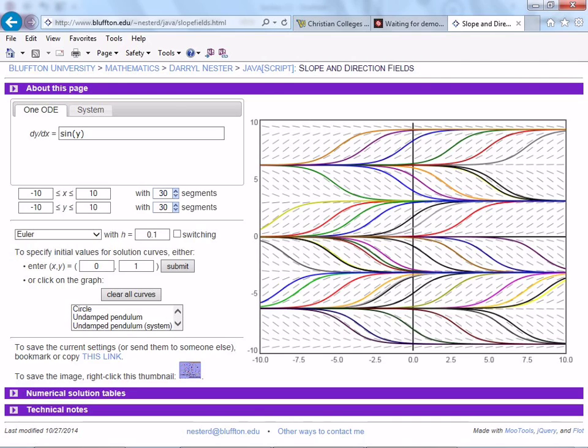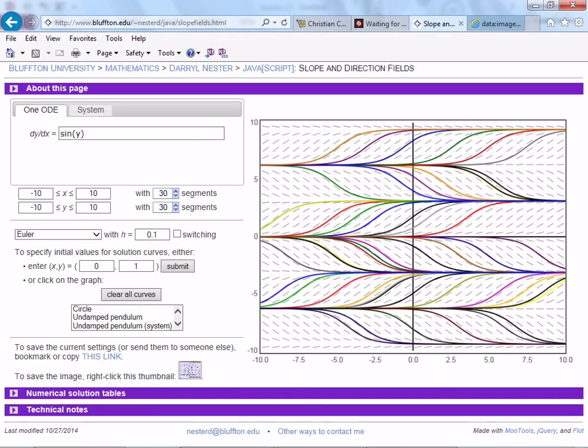Say you wanted to copy and paste this into a document as you're working on your projects. Maybe one of the parts of your project would be to do a direction field for your model so you could look at what some of the solutions look like, analyze some of its stability, which we'll talk about what that means later. You can click on that, or you can just right click on it and it takes a picture of that